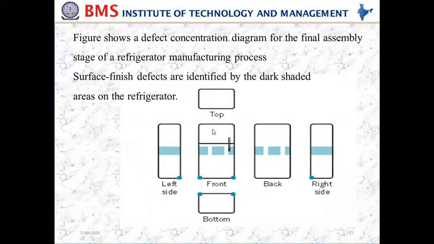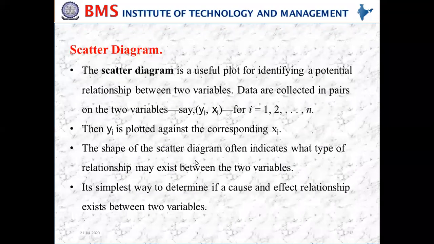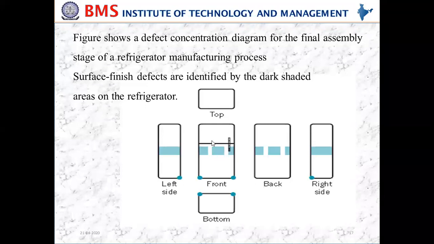That's why, when it comes to the assembly stage, because this component has to move from one stage to the other, these are the things identified as the defects when it is moving to the final assembly stage. Next we move on to how it can be nullified. If we use proper material handling equipment and move this refrigerator properly from one place to another, it will be nullified. Also for packing, you need to pack this refrigerator in such a way that the surface which is getting damaged is covered with a ribbon.